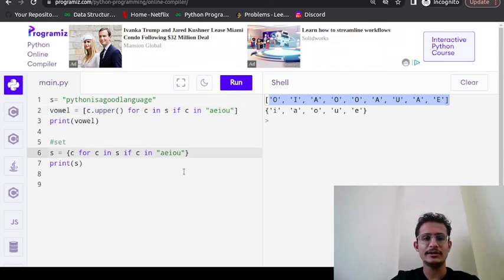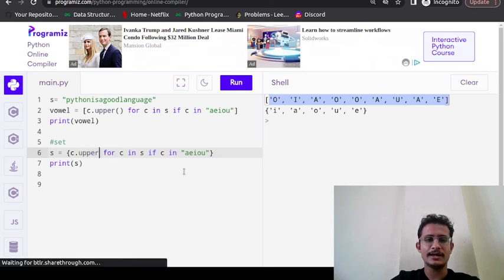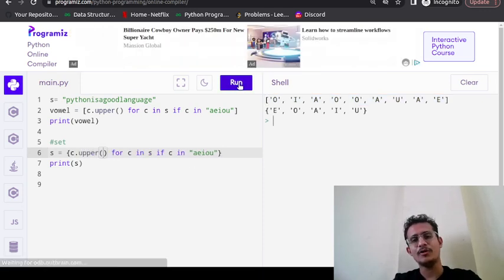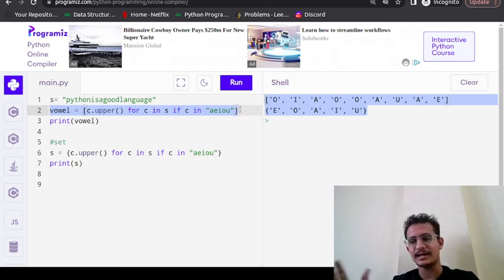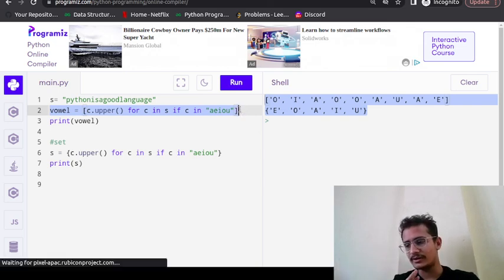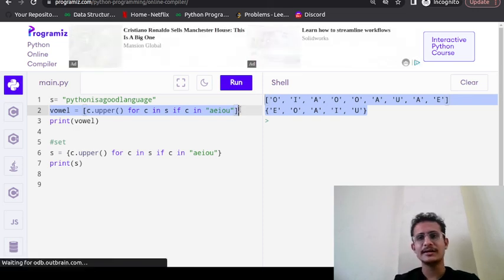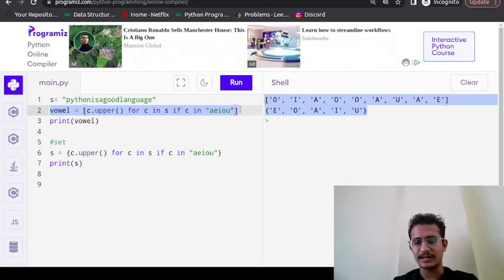Here also, if you want, you can use dot upper, and it's a function, so you need to apply the open bracket and close bracket, so you can get the upper. So this is one of the things. If you want distinct elements, try to use set. If you want all the elements, you can use the list. You can apply the operations in the comprehension way like this. Sometimes I write like this, sometimes I write like that. There is no issue in writing the code. Both the things are correct. You can use any way, whatever you like.